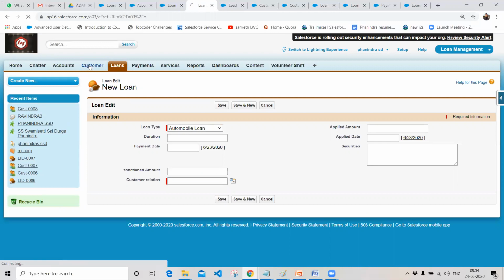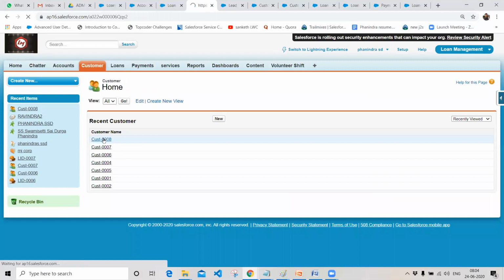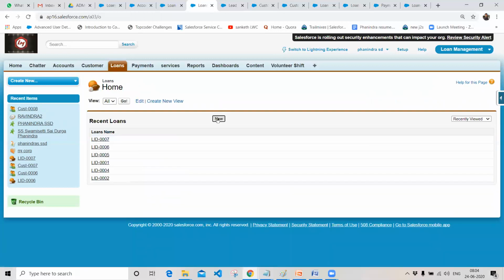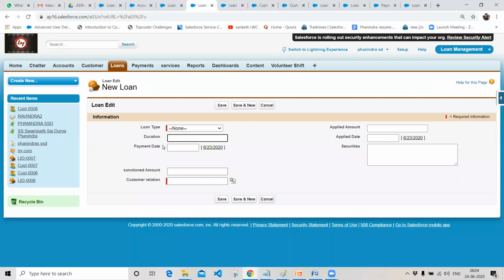So if the customer is an active customer, so we have created this customer, right? And he is an active customer. Active is a checkbox, right? So if he is an active customer, and if you have left this applied date field blank, then I want to throw an error message. Like the custom active field is in the customer object, which is the parent object, and the applied date is in the loan object, right? So I want to fire a validation rule with respect to the cross object formula by referring to the data in the parent.